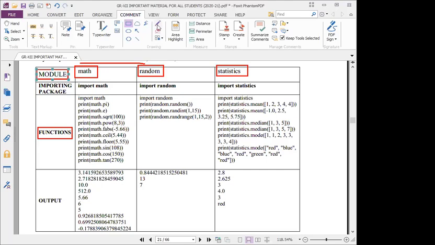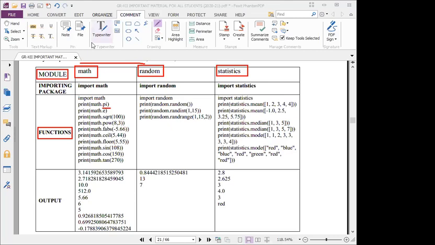I will explain now. Take one example, math.pi. What is the value of pi in mathematics? 3.14.